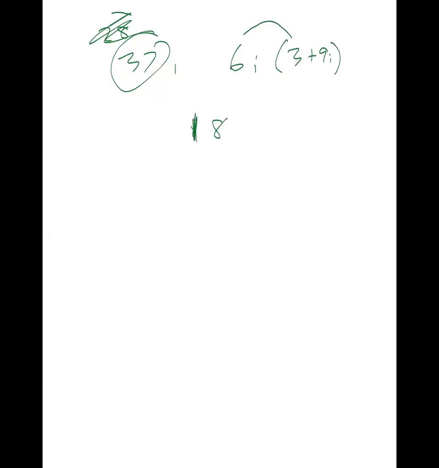So 6i times 3 is 18i, plus 6i times 9i is 54i squared. We're almost done, except there's one more step. Do you remember last time we started out by proving that i squared equals -1? Remember that? So whenever you get an i squared in these problems,